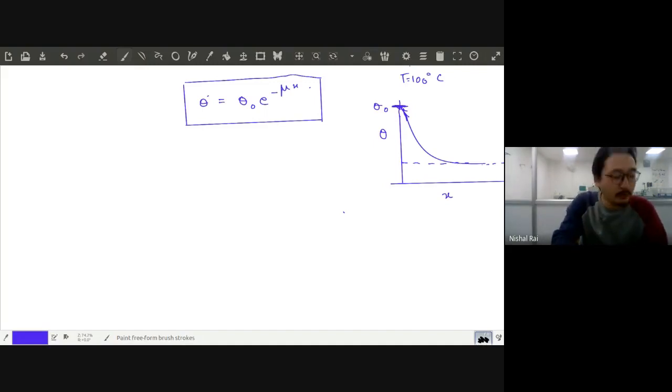So tomorrow, we are going to do the final solution with a different boundary condition. First, your boundary condition was infinitely long. Tomorrow, we are going to consider some boundary condition where your length is sufficiently long, but not infinitely long. So thank you very much. So tomorrow, we are going to again start.